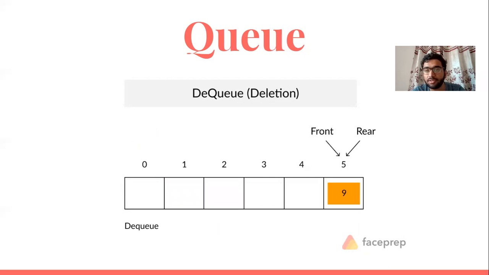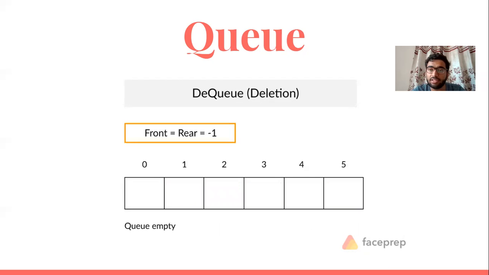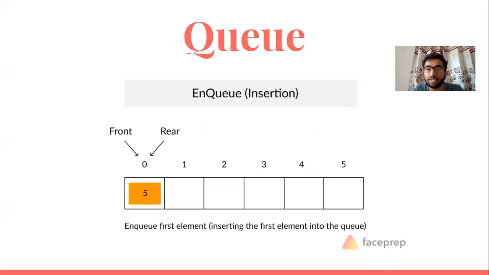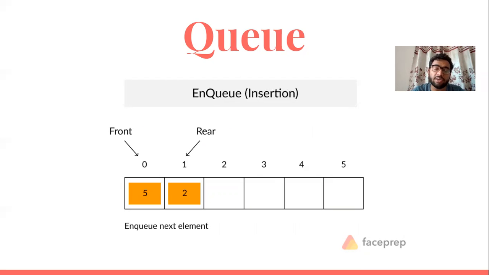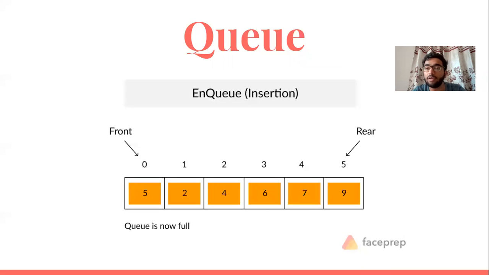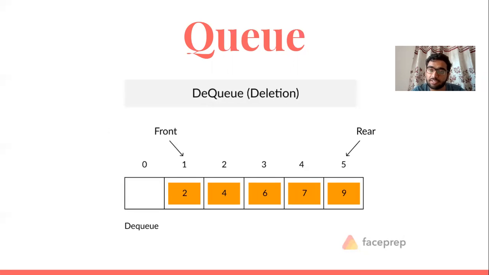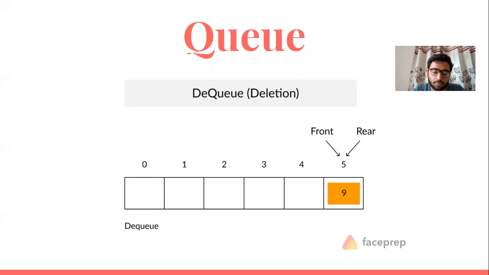In the dequeue operation, as we delete a node, the front pointer moves to the next node, and the node behind it is deleted or freed from the memory. Now, it can be either freed from the memory or it can be overwritten in cases of static allocation. But since we are doing a dynamic implementation, we'll be freeing the memory.